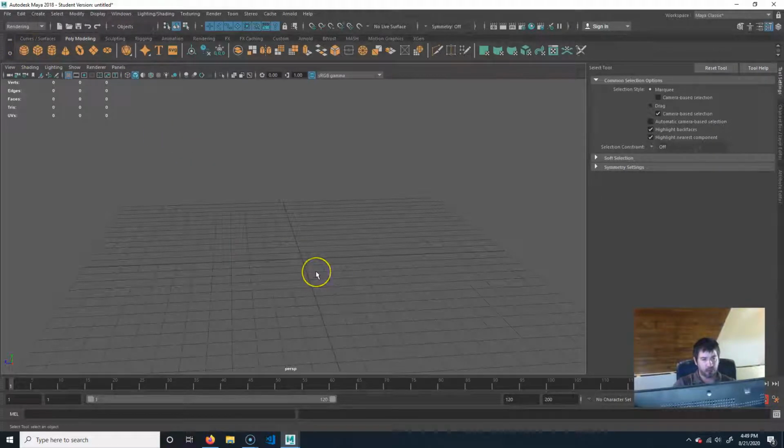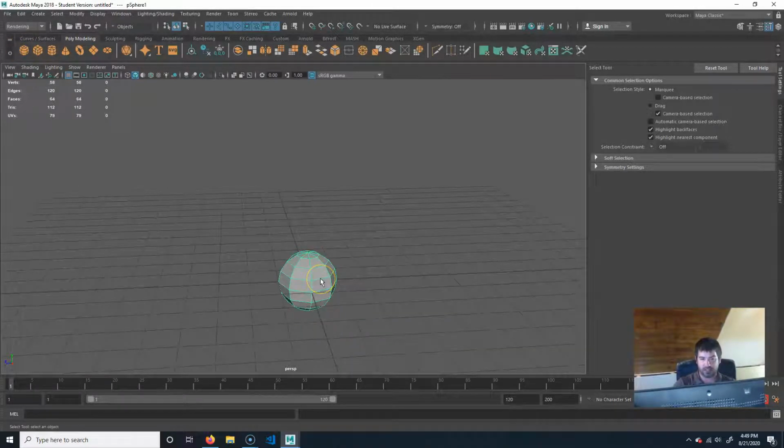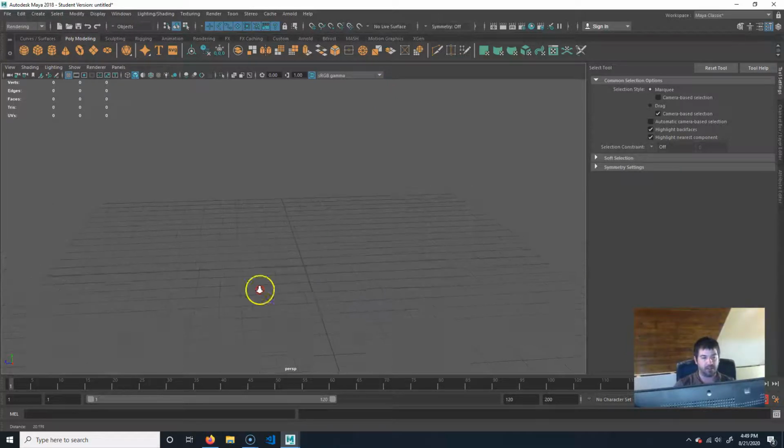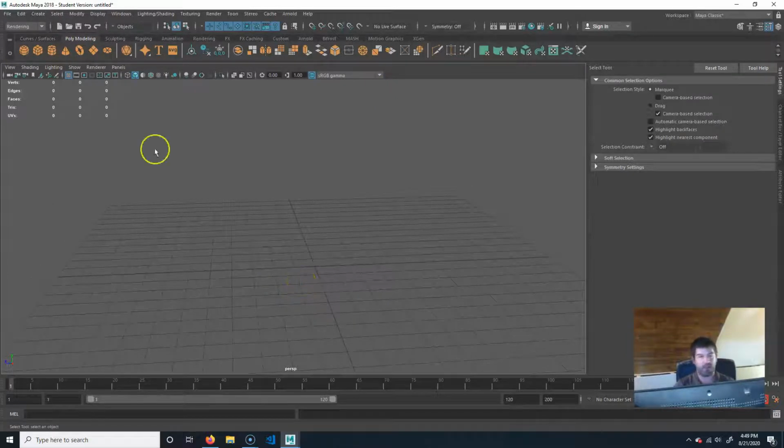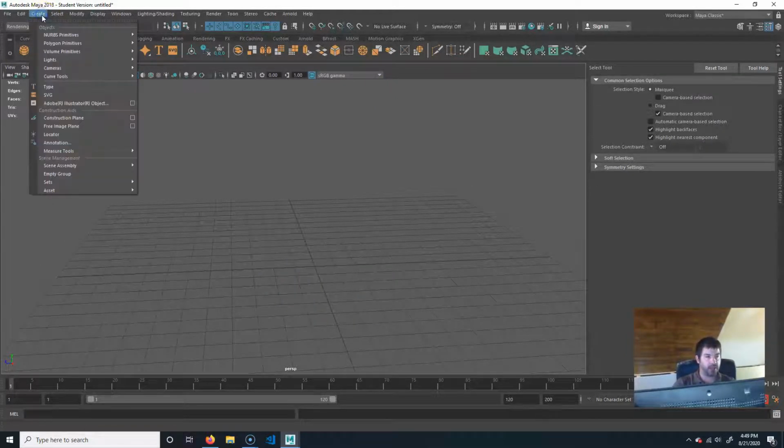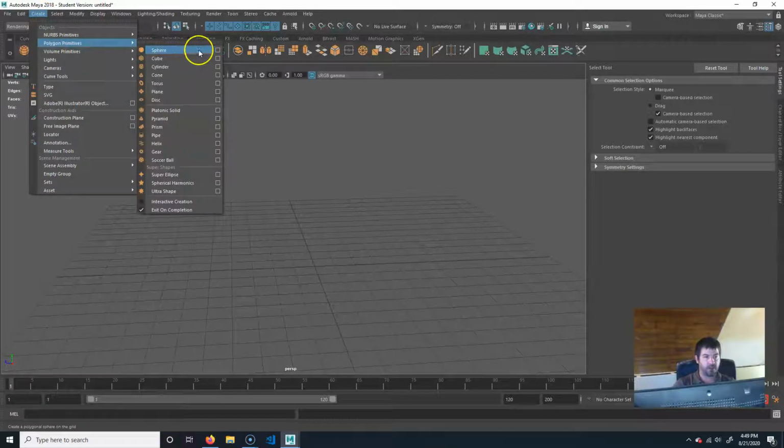So if I click on the cylinder here, it will make a cylinder, but it will be of a specific size. And yours might be a different size. These buttons up here are quick click buttons that you can click on and they just automatically do it, but they already have the settings put into them. So what I want to do is make a sphere, and I'm just going to use that sphere for everything. So go to Create, Polygon Primitives, Sphere, and